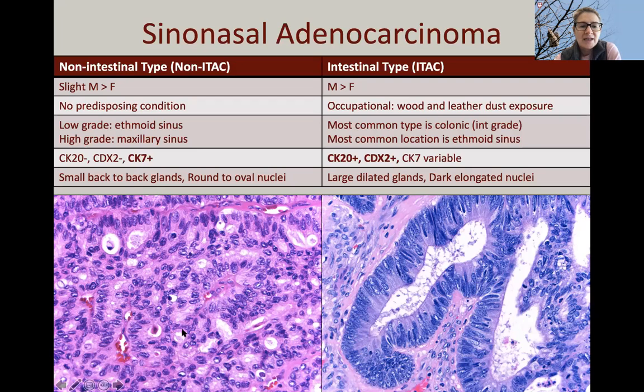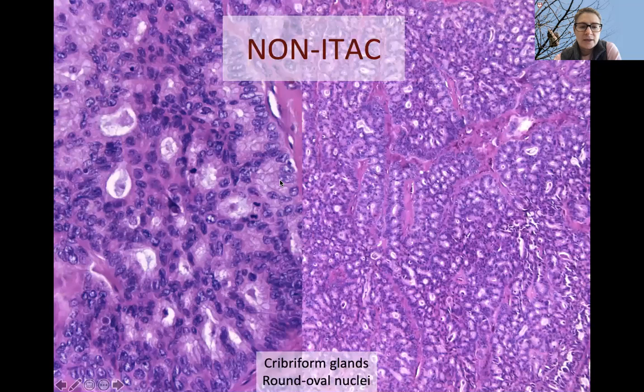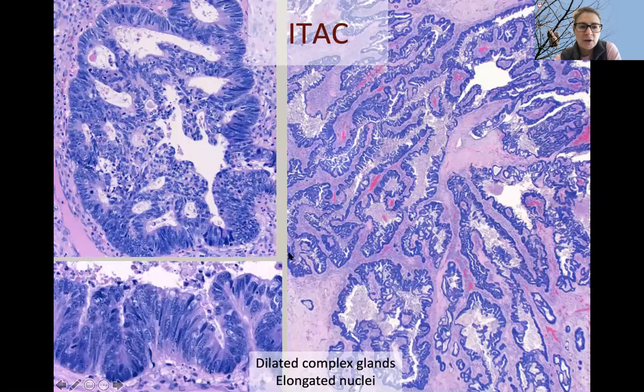It has the opposite immunoprofile with cytokeratin 7 being positive. CDX2 and CK20, your markers of colonic differentiation, are negative. And so here's an example on increased magnification of what the non-intestinal type carcinoma looks like. Again, kind of nondescript cribriform structures with round to oval nuclei, compared to the intestinal type adenocarcinoma, much more complex